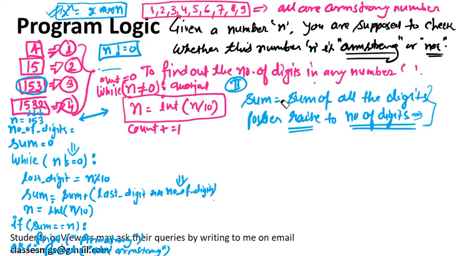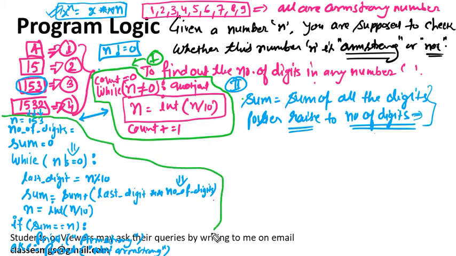Let me explain the next thing. Let's color it so that the program parts look different. The program highlighted in green is the first part, to find the number of digits, and the second part, where you find the sum of all digits power raised to the number of digits, is this one. So this is the algorithm only, this is not the actual program. The actual program we will write after, in the third step.